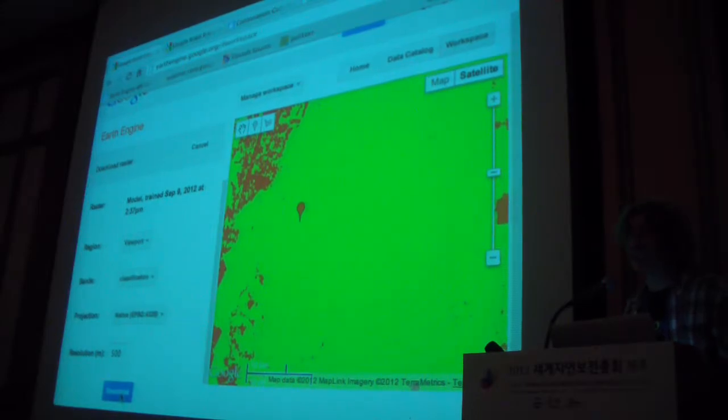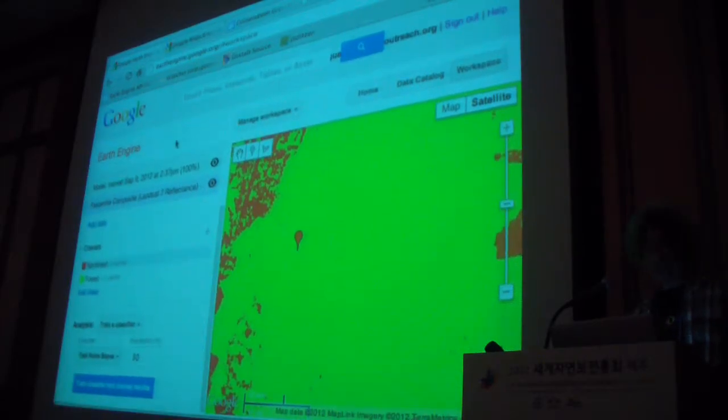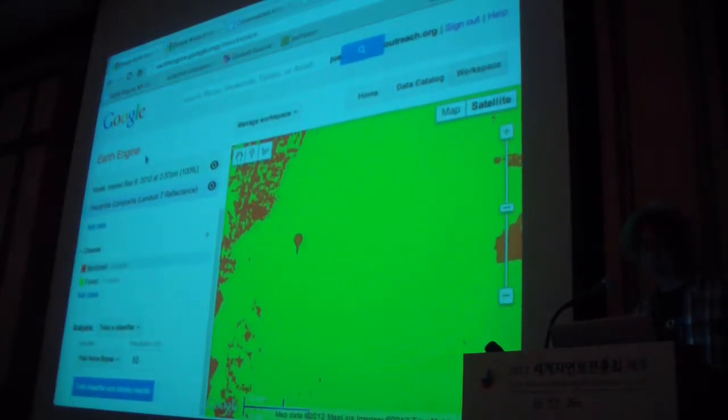How about if you want to do the same analysis in a polygon? Great question. That is an upcoming feature. There used to be a button that you couldn't push that was supposed to have that feature, and they took it off. It's not implemented yet, but soon to be implemented is the ability to choose a polygon and just do the analysis in that polygon,